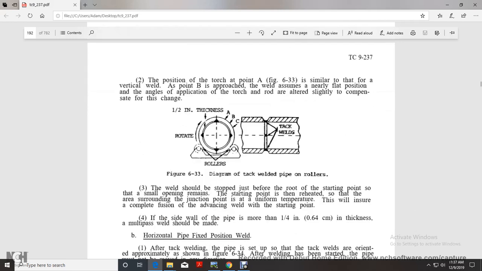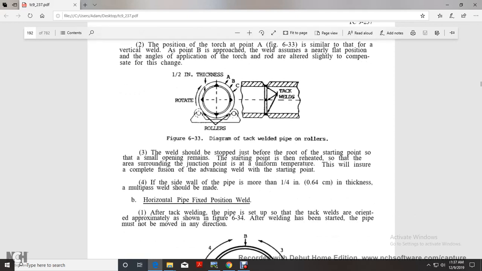The weld should be stopped just before the starting point, with a small opening remaining at the start of the point, with the reheat so that the area surrounding the junction has a uniform temperature. The weld ensures complete fusion of the advanced weld and the start of the pipe. Starting point: if the side wall of the pipe is more than 1/4 inch thick, then a multi-pass weld